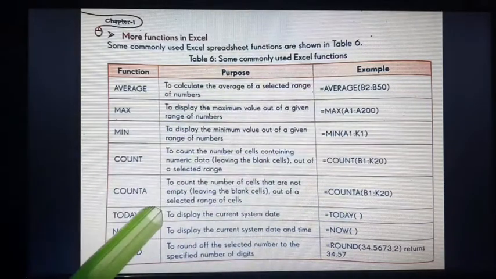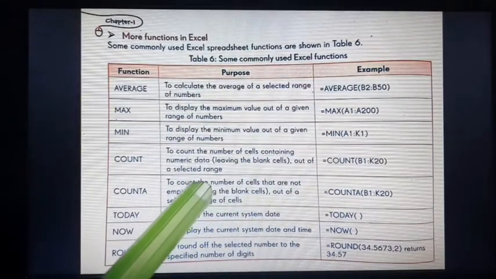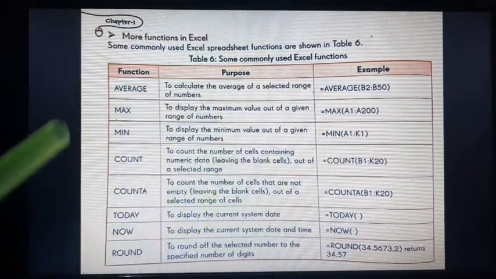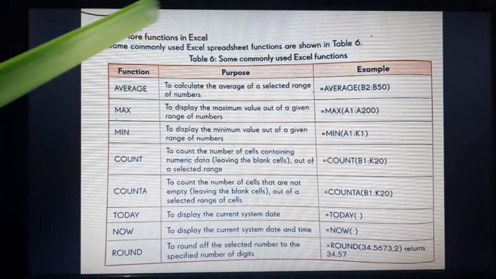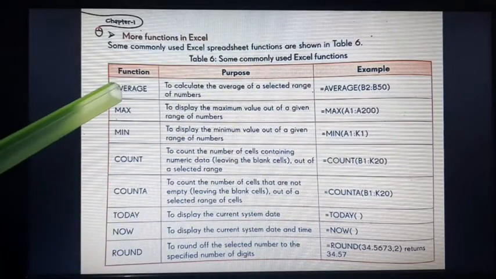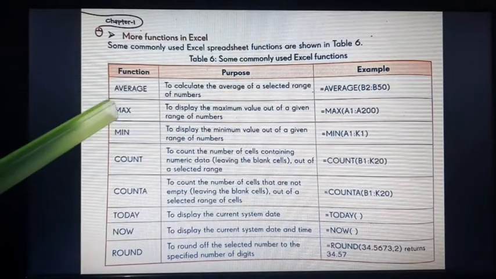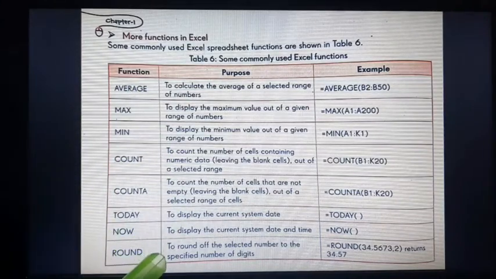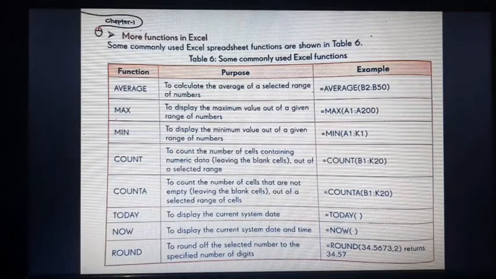I'll show you this one practically, not today but in the next video class. I'll show you practically how to apply all these functions: the average, max, min, count, today, now, round, and some, even sum also. Sum is not a